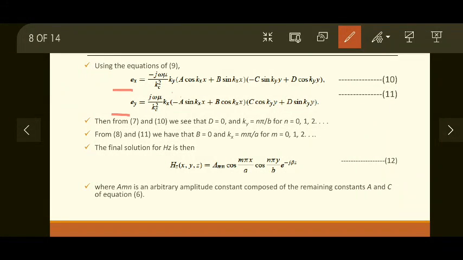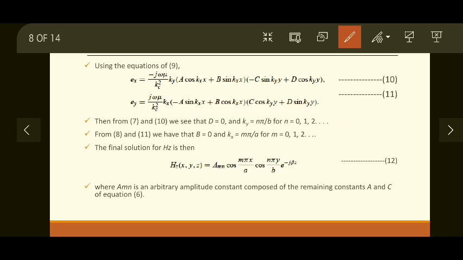See, a cos bx remains the same. Cos differentiation is minus sine, so sine's differentiation is applied here. Similarly, you can find out Ey by differentiating Hz with respect to x. Here this term remains the same and this term is differentiated. Okay, so this is how these two equations are calculated.